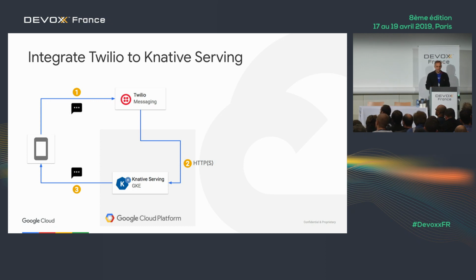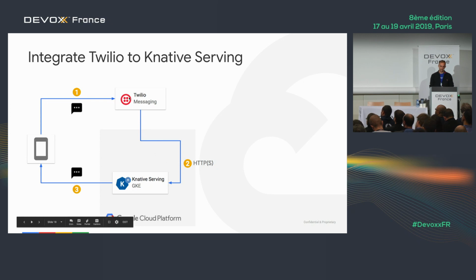So I just wanted to see how I can set Twilio messaging so that it calls my Knative service. So the way this works is that from my phone, I send a message to my Twilio number. And then from Twilio, I set an endpoint, like a webhook endpoint, to my Knative serving. So Twilio calls my serving, and my serving does something. In this case, it basically just echoes back the message, and it sends that SMS back to the user using Twilio API. So to do this,